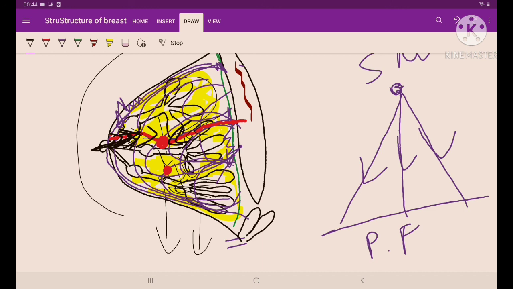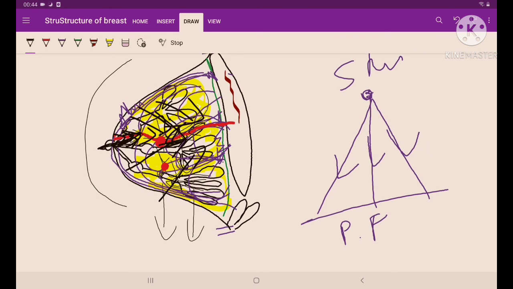So that is what we examine in surgery, guys. In surgery, we examine the breast, and these are all very important topics. If there is puckering, and if many of the ligaments of Cooper are involved like that, there is something called peau d'orange. The breast will appear like orange skin. So that is also an indication of cancer. That is a very important topic.